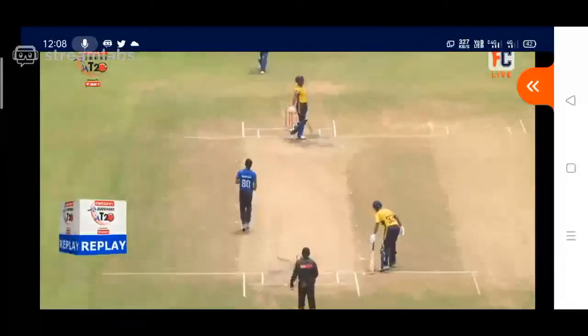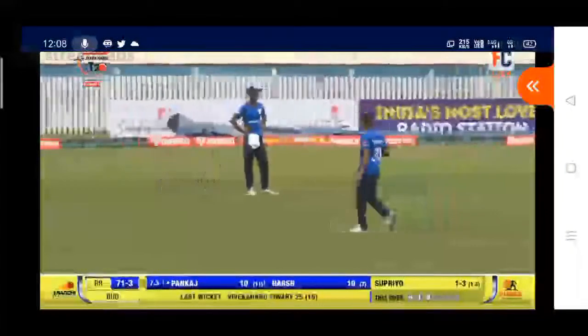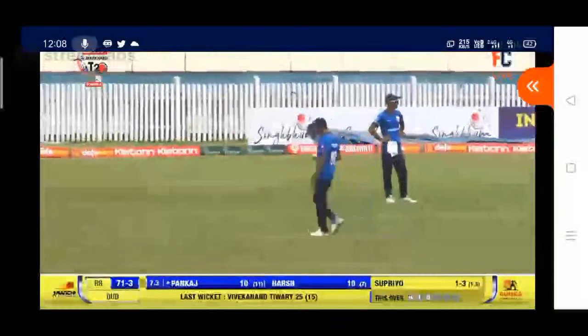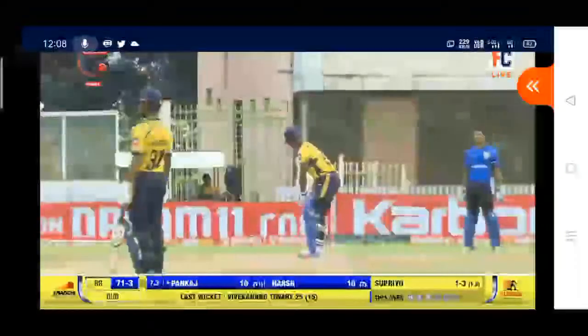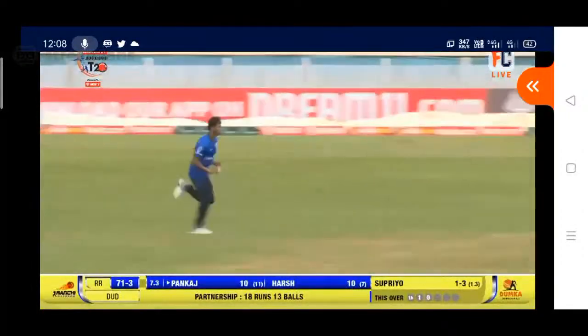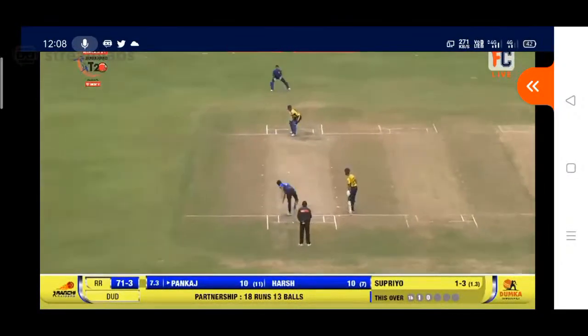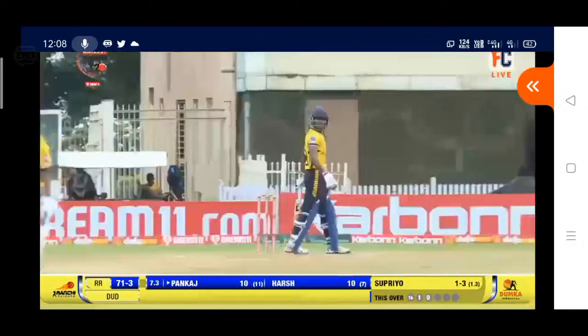And that one outside off, trying to heave it round to the onside. The bat doesn't connect, through to the wicketkeeper. After 7.3 overs, Harsha is also on 10, but Pankaj is on strike, now on 10. So last 3 balls for the Ranchi Raiders to score some runs.